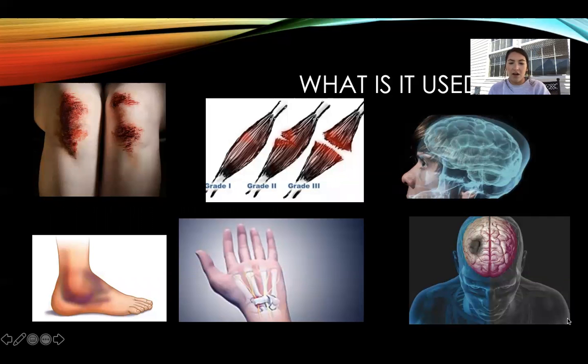So what is it used for? A lot of the studies that I was looking at for my summary mainly talk about wound healing. This is probably one of the better treatments to use with wound healing, because it helps to penetrate, create ATP, help with phagocytosis, and just kind of breaking down some of those cells and helping to build collagen as well. It helps with muscle strains, any sprains, carpal tunnel you see there,